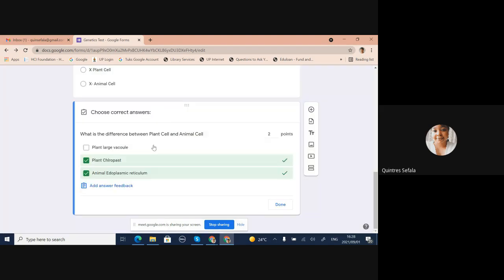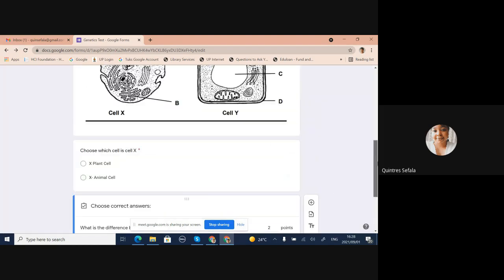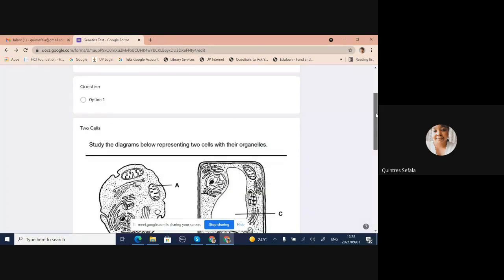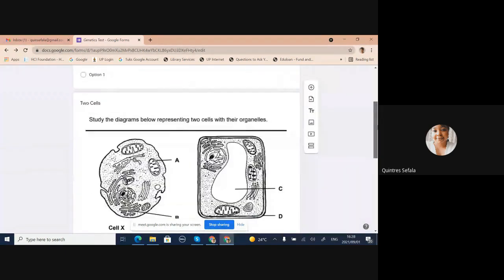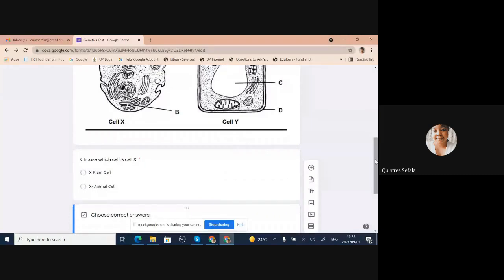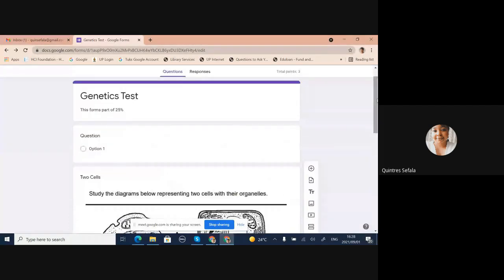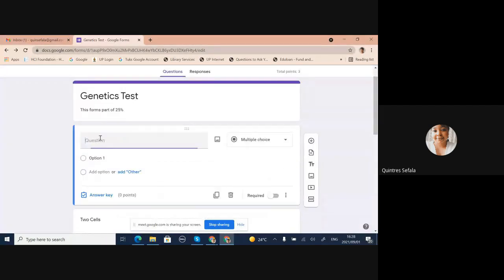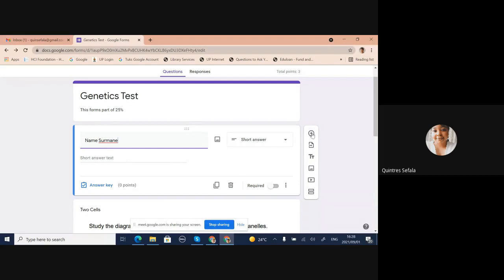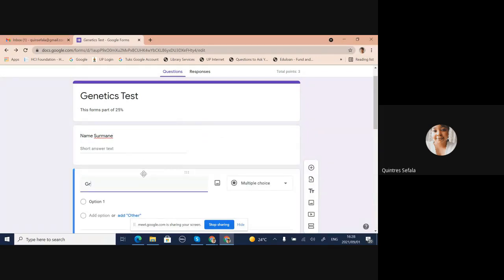So we just save that, and then that's how it looks, right? And then from there, once you have created your assessment and it looks good, it's important that when you create this assessment, you make sure that you have the name and surname of your students, of course. And then from there, you have their grade. If you're teaching multiple classes,